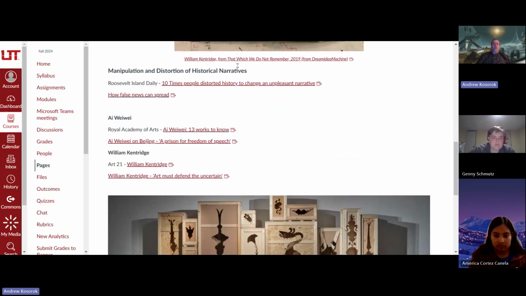Ai Weiwei, have you guys heard of him? Ai Weiwei is a Chinese artist. He was critical of the Chinese government, so was not allowed back to China for a long time. Now he does a lot of his work calling attention to Syrian refugees being forced to go to Greece, and how they're treated in getting there, and how the Syrian refugees are treated, and how refugees from the continent of Africa as a whole are treated differently than any other group of refugees.